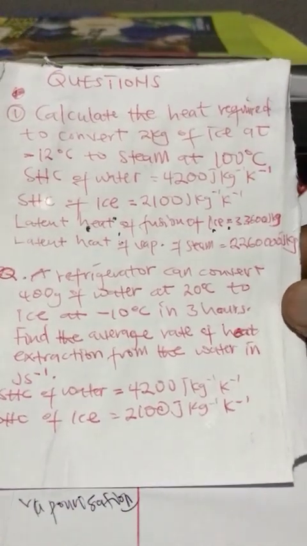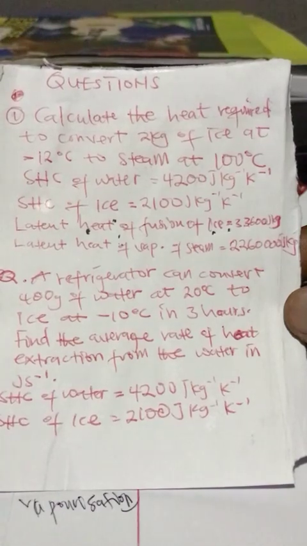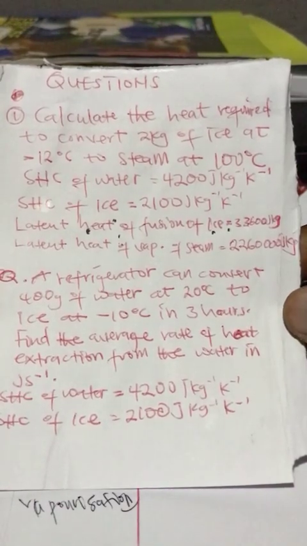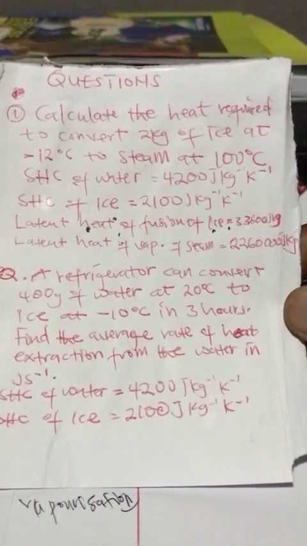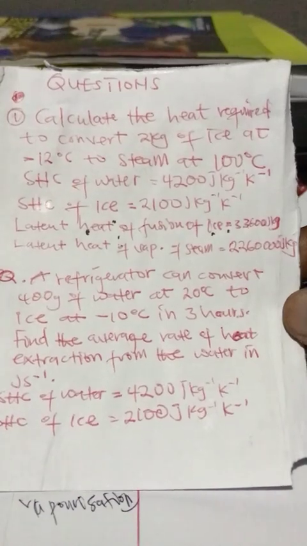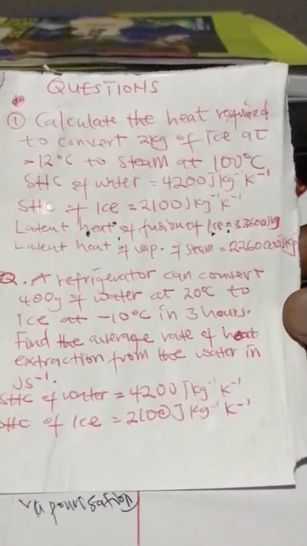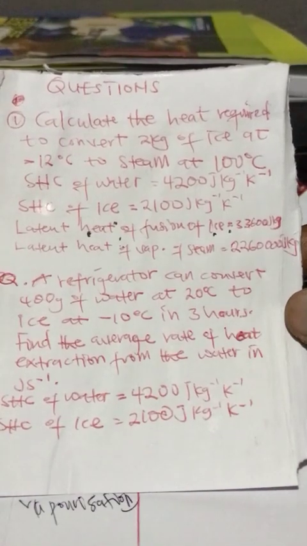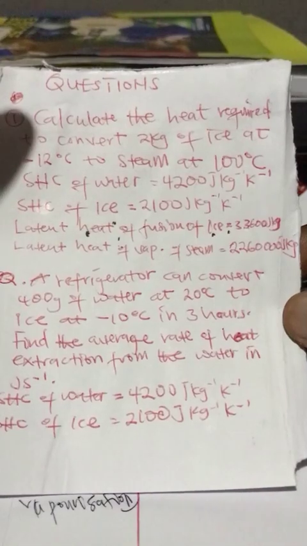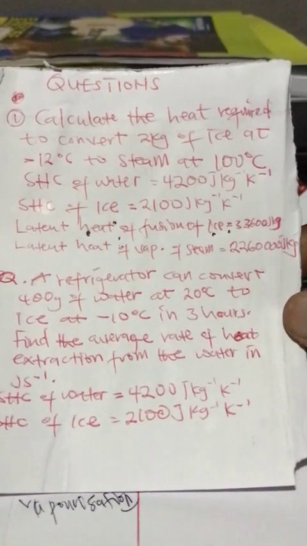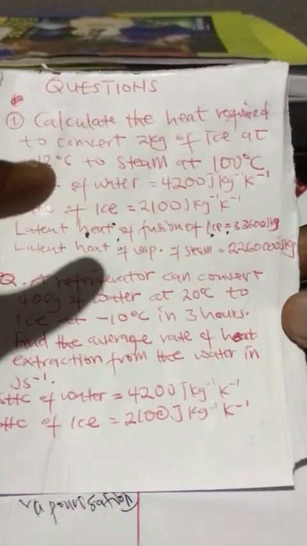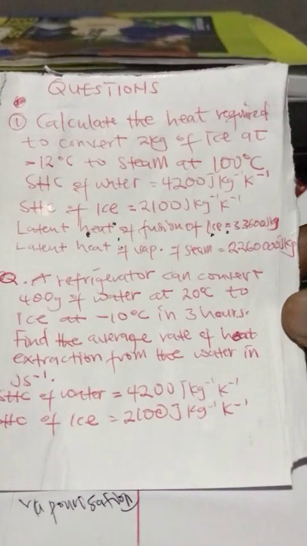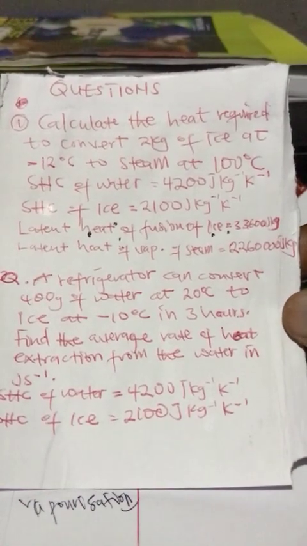Then question 2 says that a refrigerator can convert 400 grams of water at 20 degrees Celsius to ice at negative 10 degrees Celsius in 12 hours. Find the average rate of heat extraction from the water in joules per second. Specific capacity of water is given to be 4,200. Specific capacity of ice is given to be 2,100. Before we solve this question, let's understand the various phases that will occur. In this video, we are really not going to solve the whole thing. Let's look at the various phases that would occur for ice at negative 12 degrees Celsius to steam at 100 degrees Celsius. Then in question 2, we are going to look at it as it initially